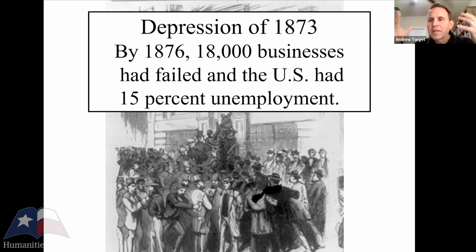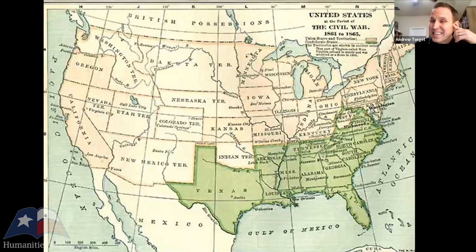But think of it this way: this is the third worst depression that has ever happened in American history, right? It's happening in the middle of all of this, and that's really going to matter at this moment, okay? Because by the time you get to 1873, 1874, 1875, when this depression is just destroying the national economy, something important